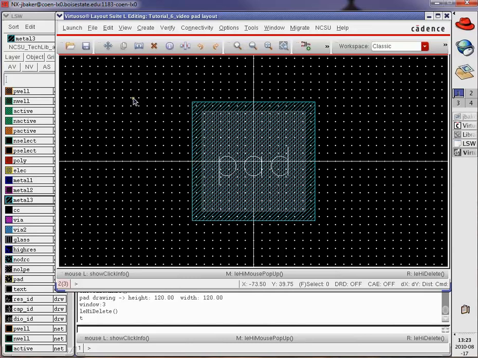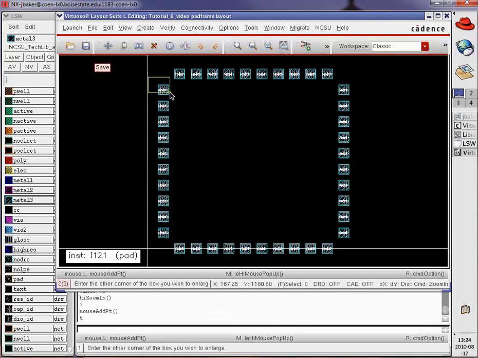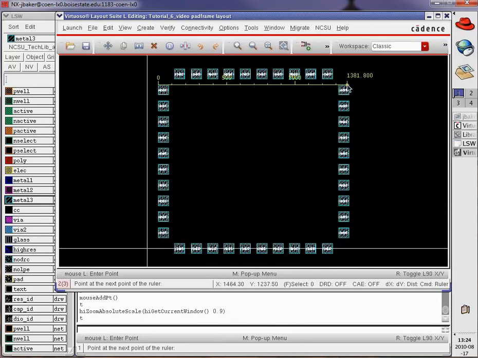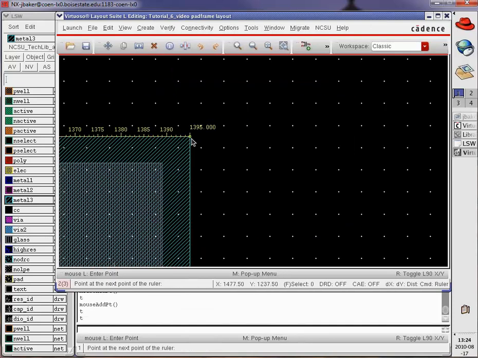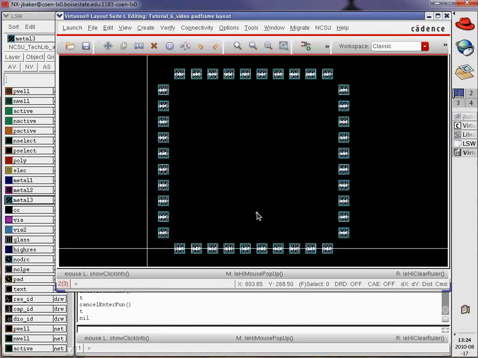And then save this, hit B to go back, and then now let's, and again I'm getting a little out of sequence here, but let's press K and then zoom on down, 1395, I think that's what we had, and then we could do it the other way, Shift K. Okay, alright, so back on the farm, if we go now, this is our pad frame, it's 1.395 millimeters by